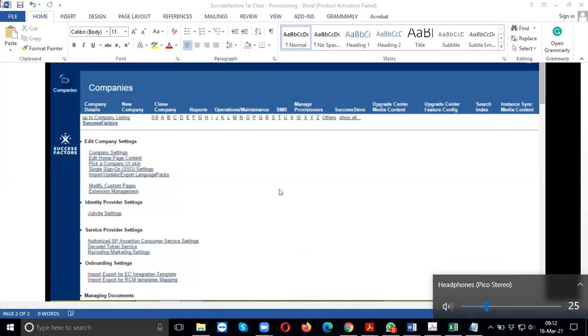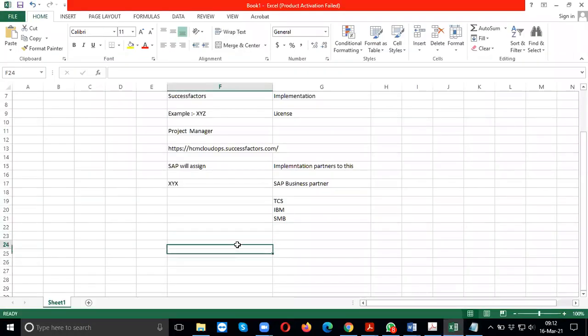Suppose the company is already using a single sign-on tool for the cloud accesses, it depends. It is always scenario dependent. If the company does not have single sign-on, or it is not in the cloud at all, then they will use SAP SSO.